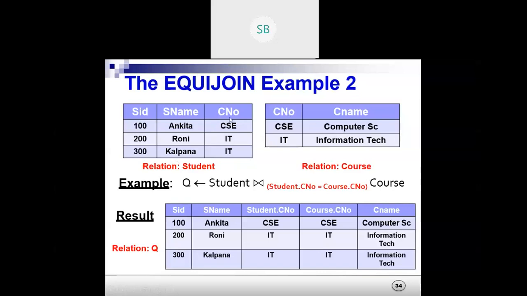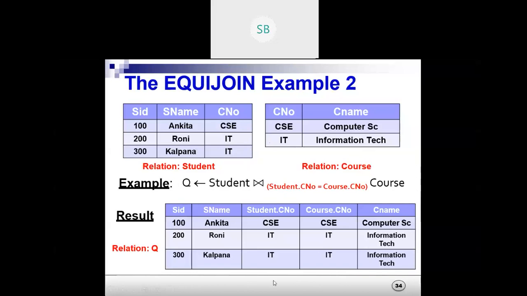That means both values should match for the rows, because in joining we are combining rows. Here CSE matches, IT matches, and the next IT matches, so only that information will come. 100 Ankita CSE is there, computer science. 200 Ronnie IT is there, information technology. Here is also IT, so that is why it is joining. If some other department, maybe ECE, was there but is not mentioned here, it won't come here.